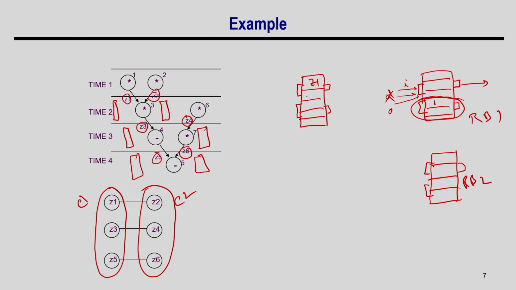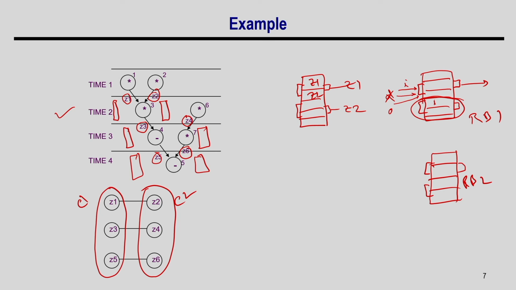Why? Because it has 2 ports, and in time step 2, since I have to access Z1 and Z2, I will read Z1 through this port and Z2 through this port. So obviously they are not mapped to the same register. Keep in mind that they are not mapping to the same register, but the same register bank, and a bank is a set of registers. So, they will be placed into different registers, but these 2 variables can be mapped to the same register bank. Now, if you assume that I have already mapped Z1 and Z2 to this bank, Z3 cannot be mapped to this.